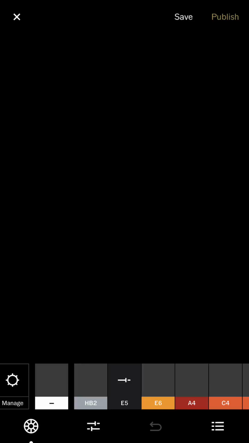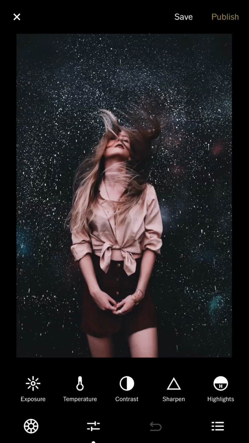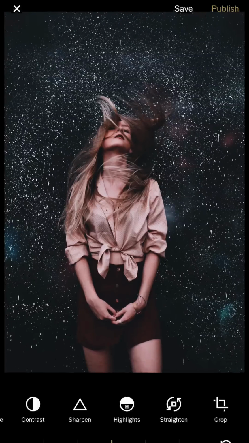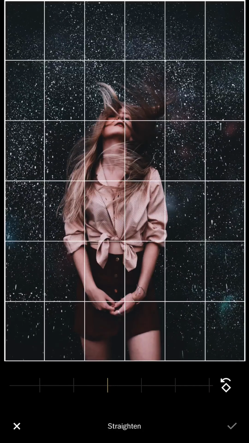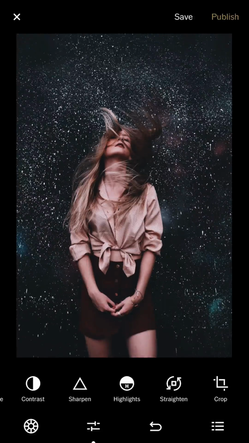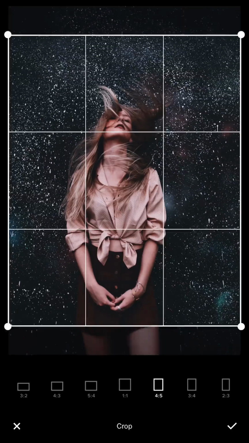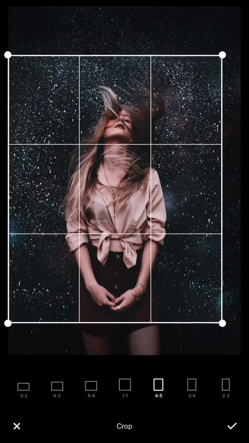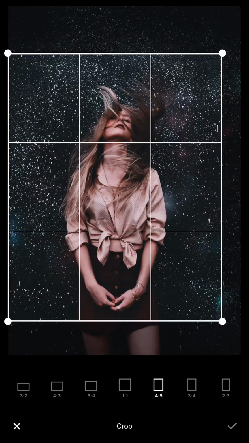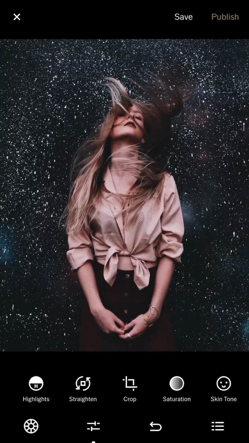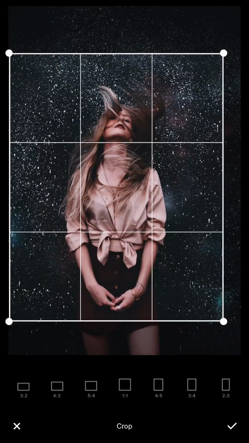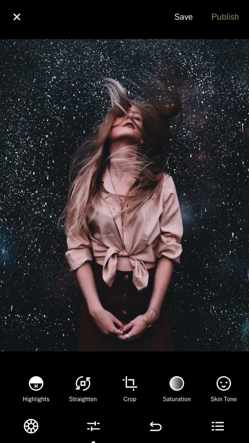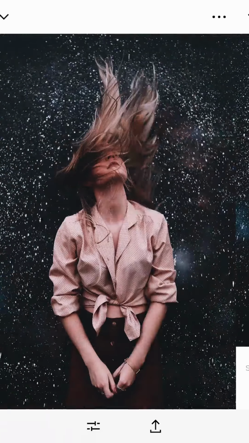There's a nice brown tone in it, so I'm going to reduce the exposure even more. And then the last step is cropping 4x5 for Instagram. So once you crop, leave more headroom on top, and then make sure that the head is around the top third area. So that's it on my editing today for all of my shots,